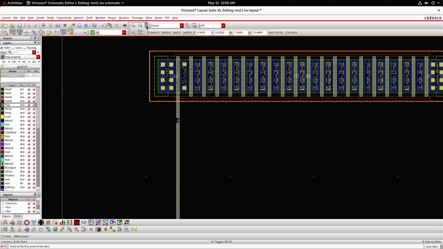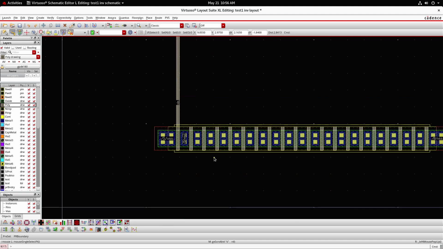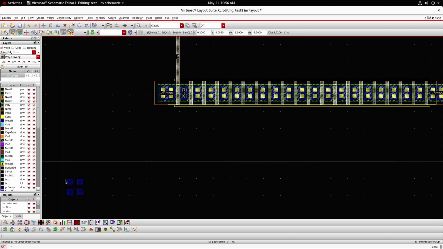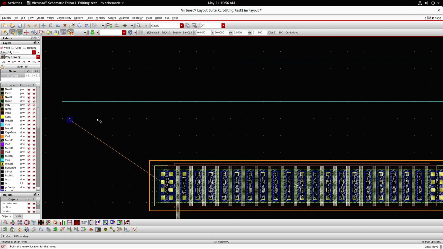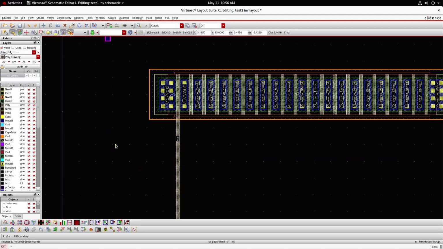After this, I am going to show the connections for VDD and VSS. All my pins are outside the PR boundary. I am going to take the corresponding pins. This is the VDD pin. I will be dragging this and placing this at the top of the PMOS transistor because I need to connect the source connection to VDD.